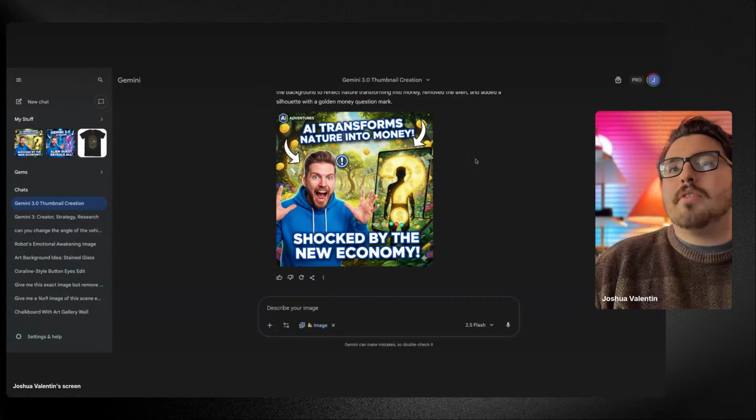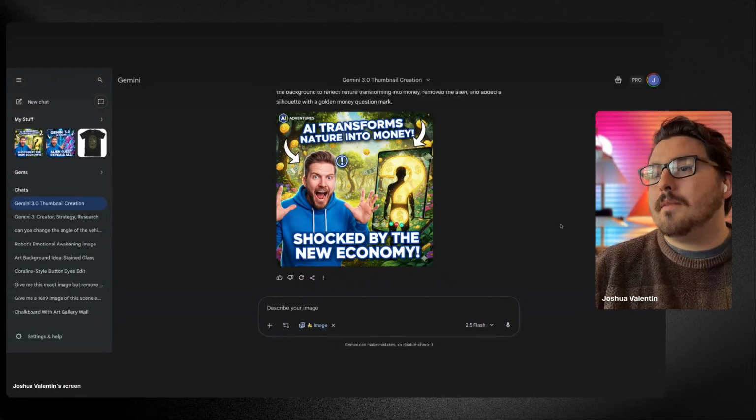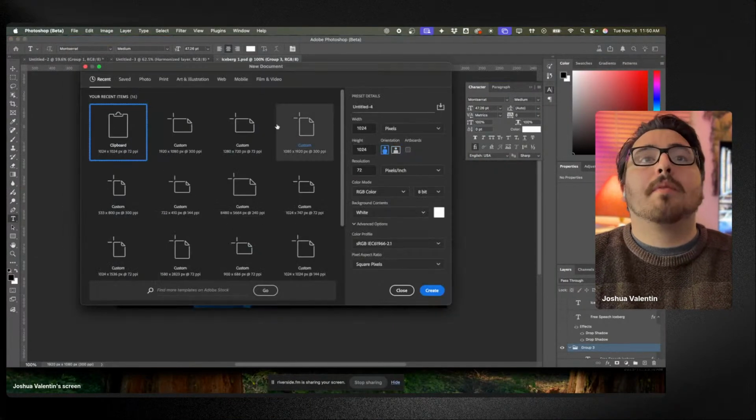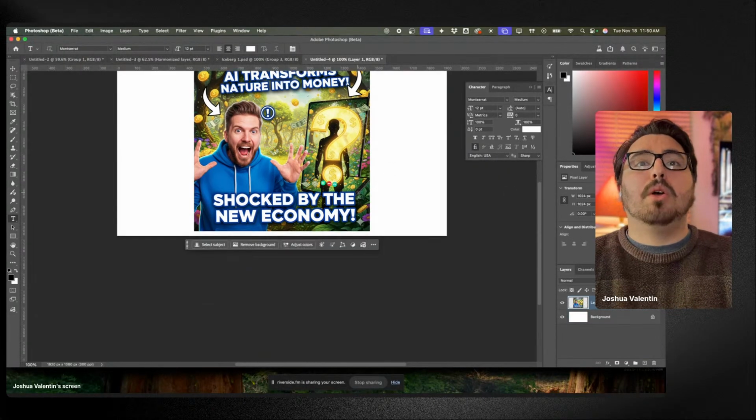I don't love the format that it makes it, but if you go in here, copy image, and if I stop sharing, let me see, share. Let's see if I can share screen. I'm going to do entire screen, and we're going to do screen 2. And I'm going to pop over to Photoshop. You got a thumbnail I'm working on right now. So if I go to like 1920 by 1080, I take this image in here, boom,